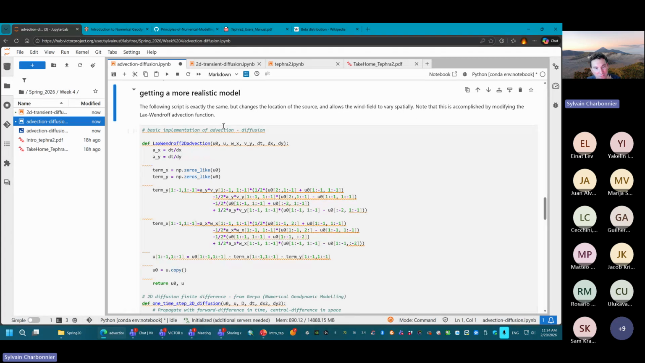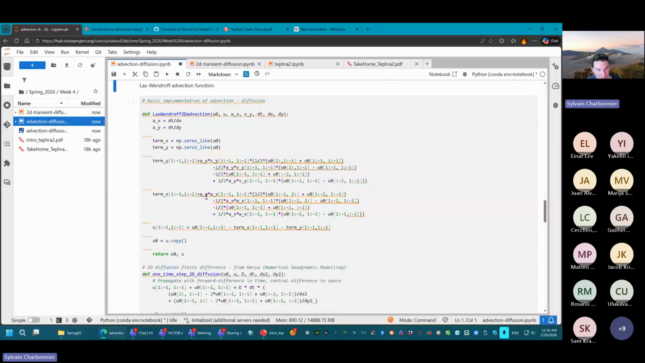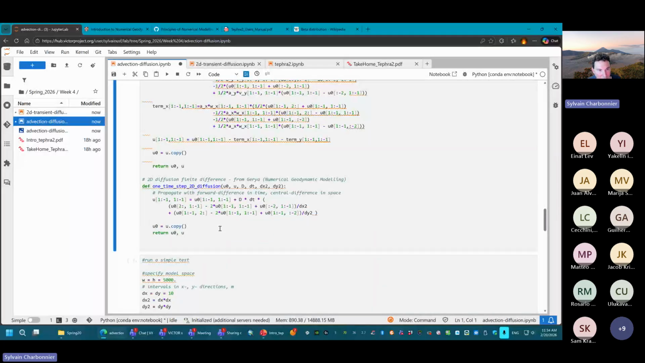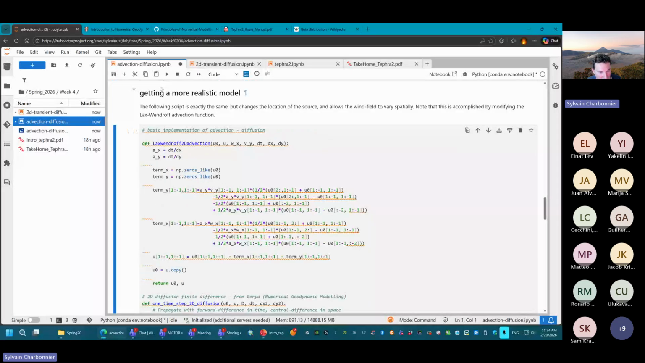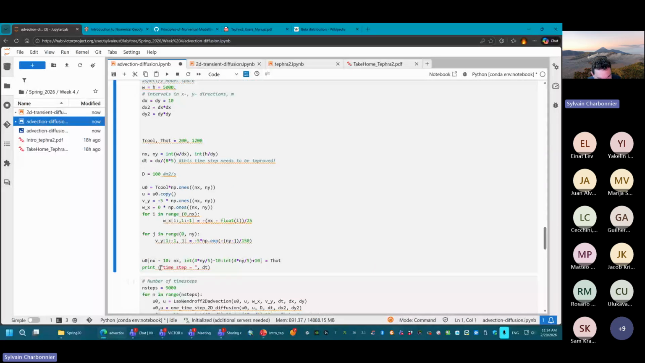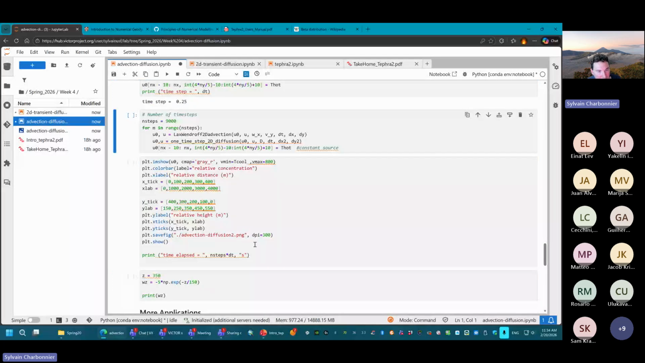So we're going to modify that Lax-Wendroff advection function, and we're going to introduce a new term here that is the change of the wind field in one of the two directions. So we're doing that using that line that allows for the change of the wind, and we're going to implement that again, same as we did before. We're going to run that over 9,000 time steps,